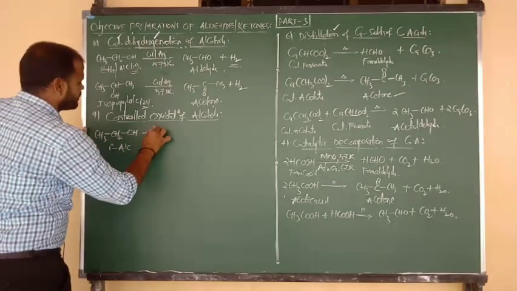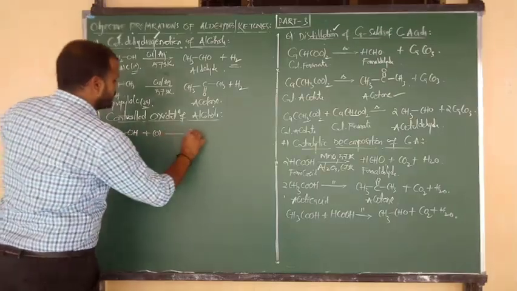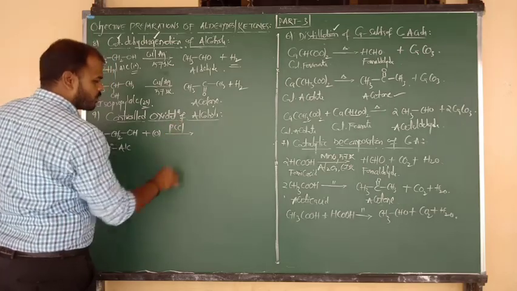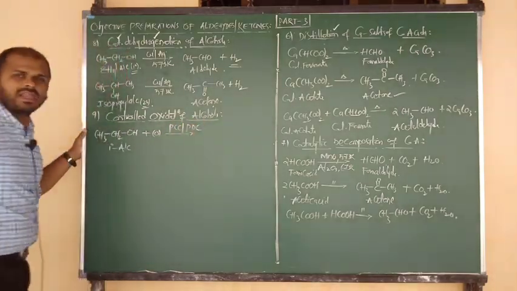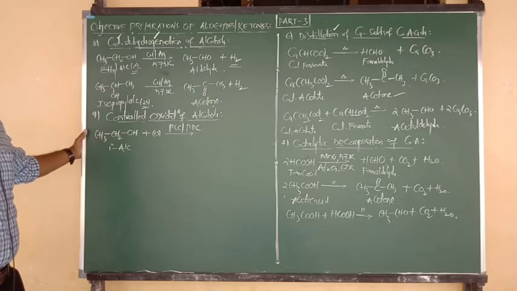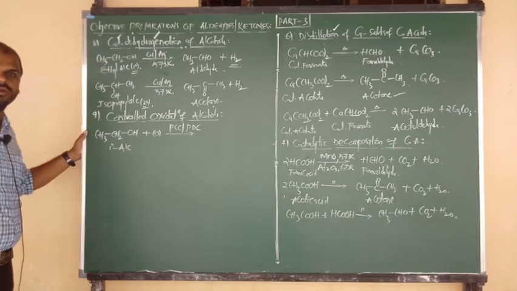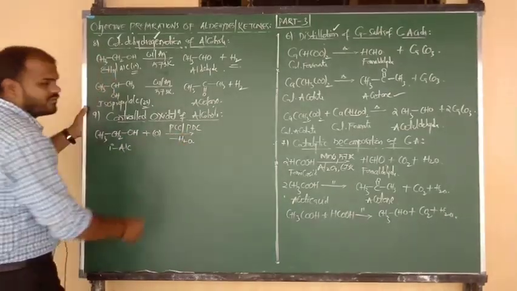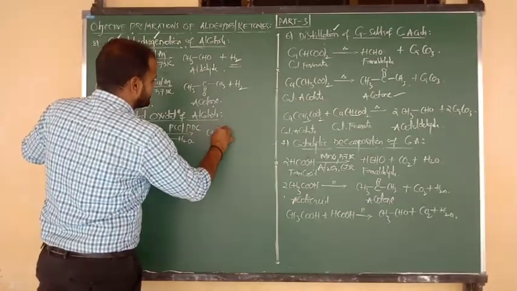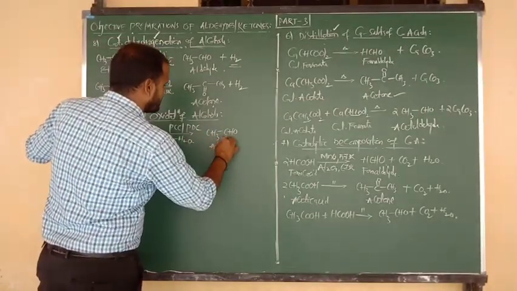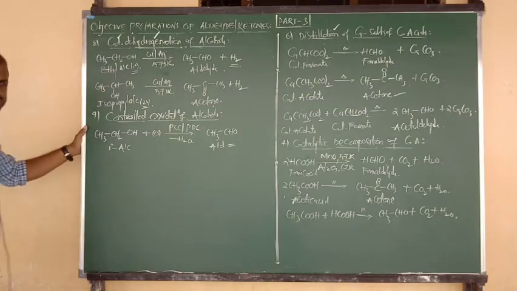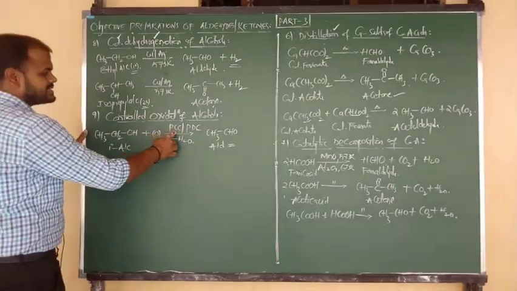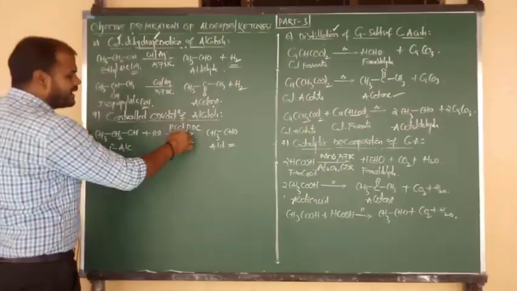Upon controlled oxidation using a suitable oxidizing agent like PCC, pyridinium chlorochromate, and also PDC, pyridinium dichromate, and Collins reagent, Jones reagent, there are many reagents we can take. Okay? Good. The H and OH are eliminated in the form of a water molecule, and the remaining product is CH3CHO. The product is an aldehyde, acetaldehyde. Primary alcohols upon controlled oxidation give aldehydes. The oxidizing agents are pyridinium chlorochromate and pyridinium dichromate.